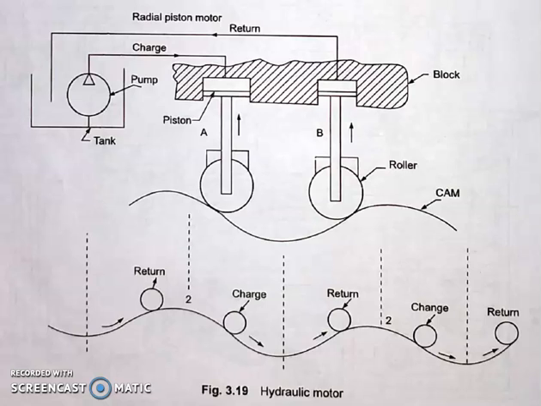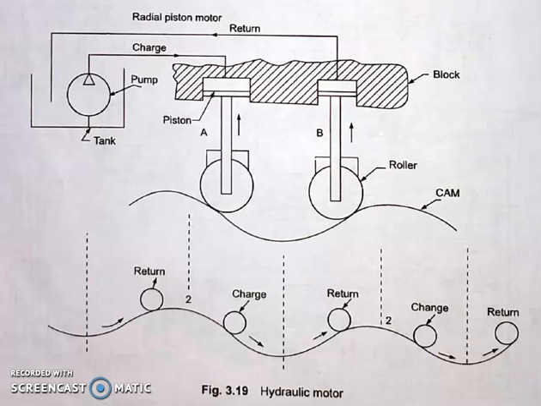When the cylinder A is supplied with oil, the piston of that cylinder will exert a force against the roller. As the roller descends along the side of the cam, the cylinder block will only be able to move forward to the right hand side. At the same time, the roller of the cylinder B will ascend the cam face,